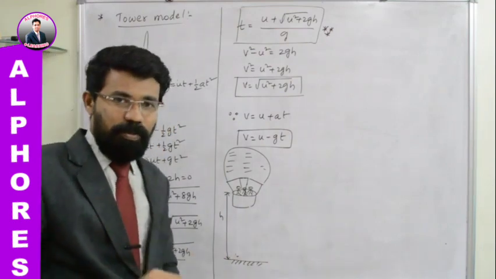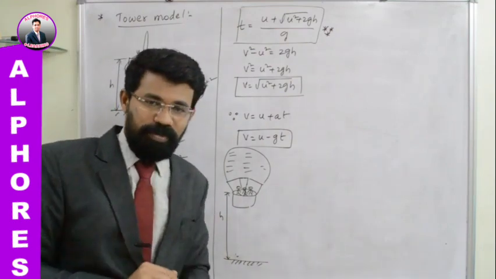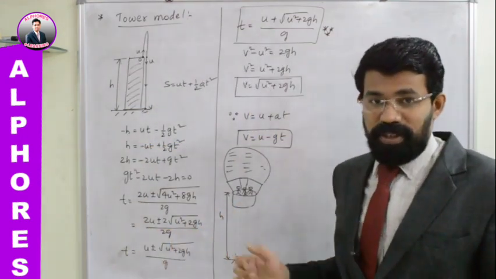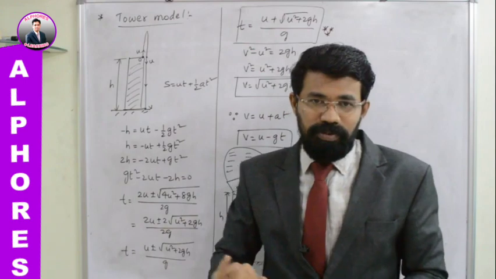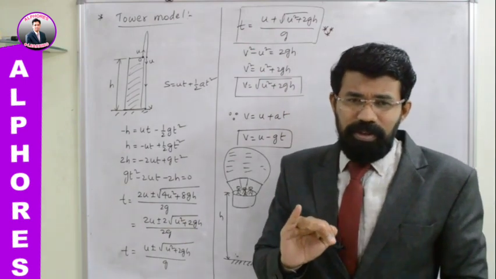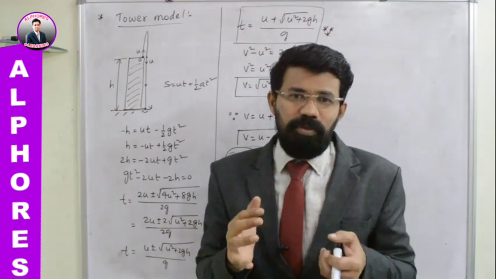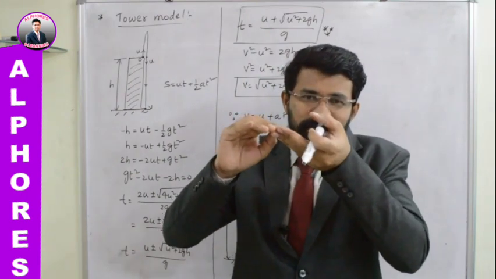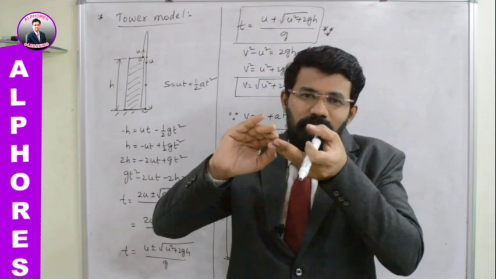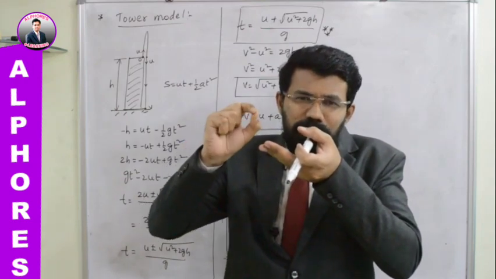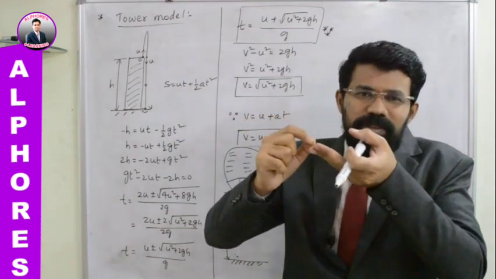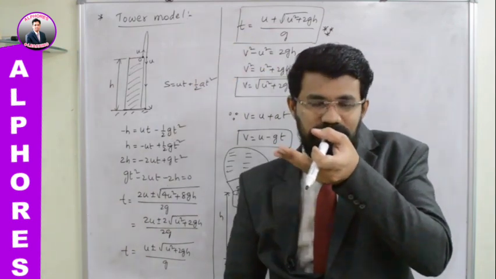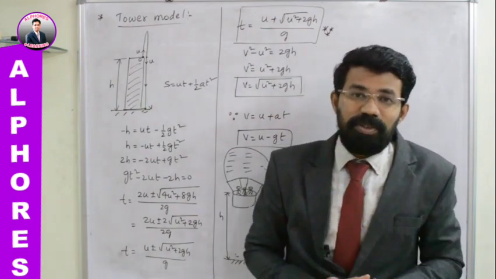From here, let us say a person has pushed a coin out of the basket. A person inside the hot air balloon basket pushed a coin out of the basket. What is happening? The hot air balloon is going in the upward direction. So though the coin is pushed from the basket, for a very small distance the coin covers in the upward direction and then it falls like this. All this is because of inertia.